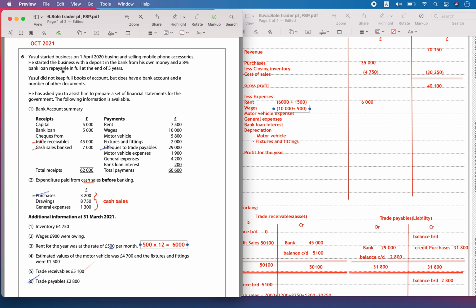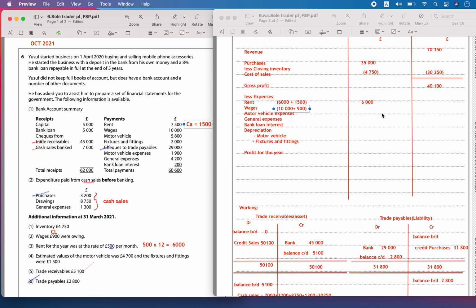This is an owed expense, so owing is a current liability, so we can mark it here. You have CL, a current liability here, and you have a prepaid expense which is a current asset of 1,500 for the rent. So now here you will include 10,900,